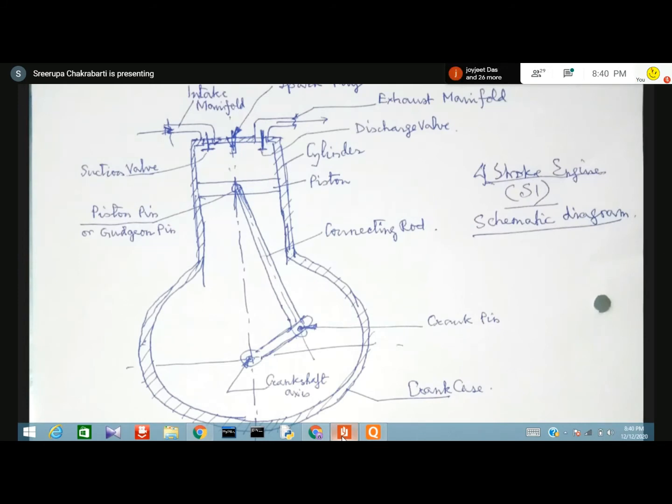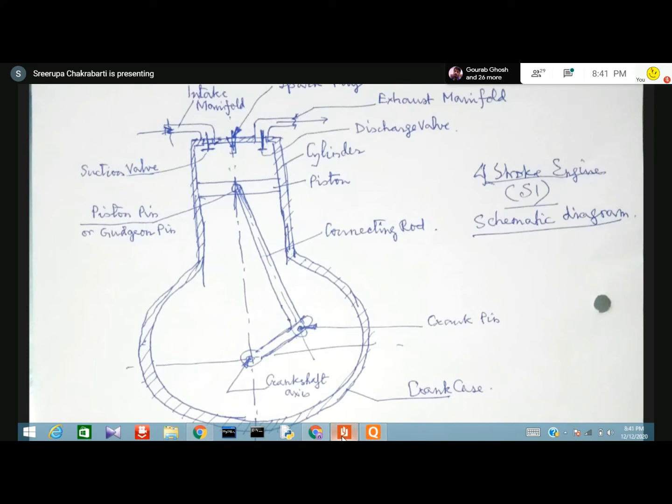Because this connecting rod is a component which will be subjected to tension, that is tensile force, and compressive force. Very quickly, this direction of force acting on the connecting rod will change. How quickly? Suppose the engine is running at say 2000 revolutions per minute. Say 2400 revolutions per minute. That means